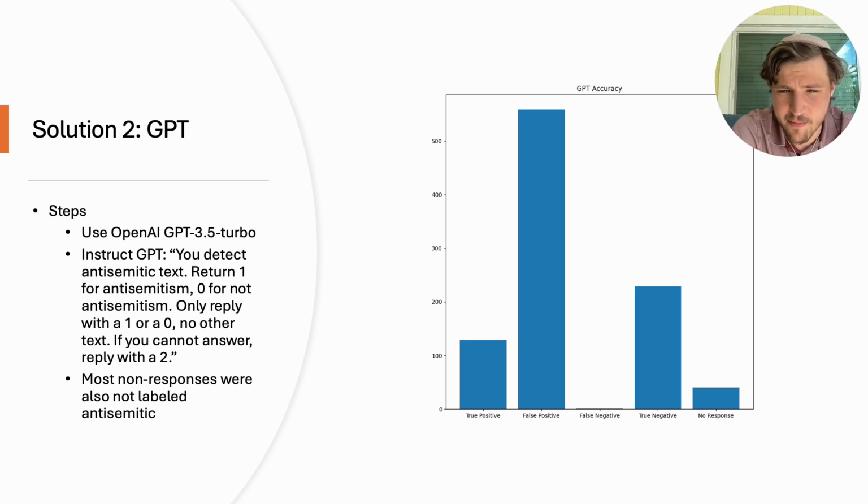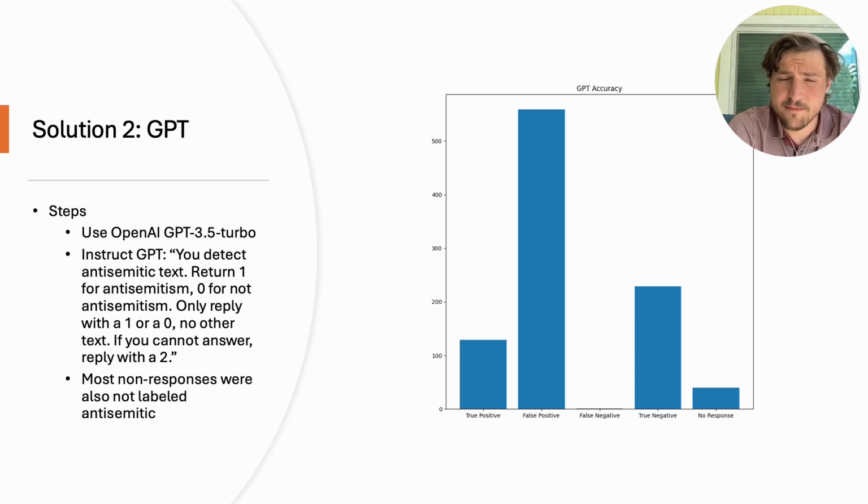So we see that there were a number where there was no answer, but I looked at all of those, and they all were labeled as non-anti-Semitic by me. So it didn't avoid anti-Semitic text solely for the purpose of appearing to not approach conflict, which I was concerned about because ChatGPT is often trained to be non-combative and to avoid hate speech. So now looking at the positives,